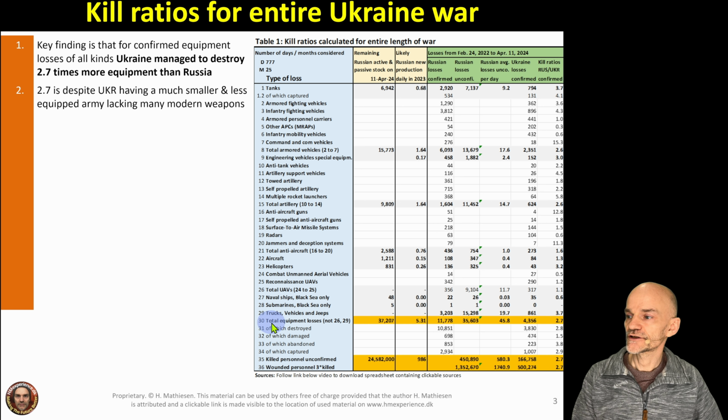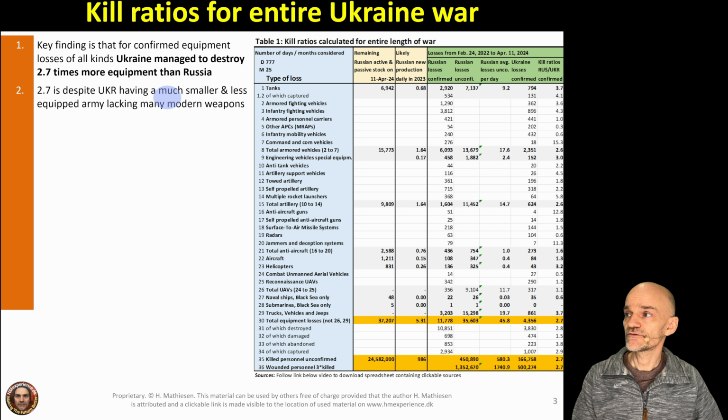And the main result is that for total equipment losses here, we can calculate an overall kill rate, and that is 2.7, as we can see down here. So Ukraine on average destroys 2.7 times more equipment from Russia than Russia is able to destroy from Ukraine. That's a pretty remarkable result, because Ukraine has a much smaller army than Russia has,